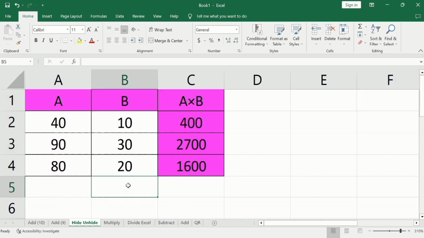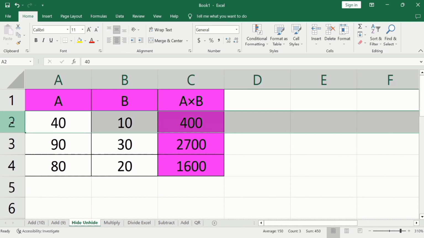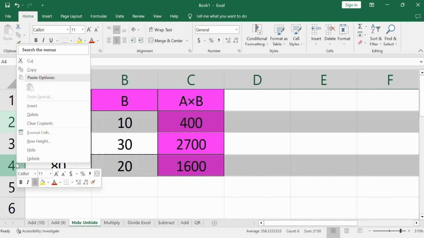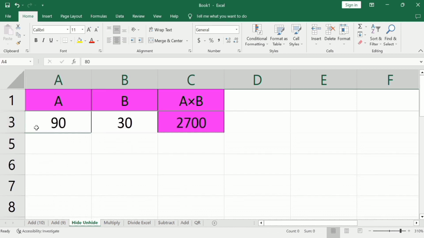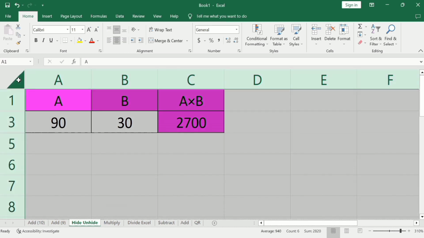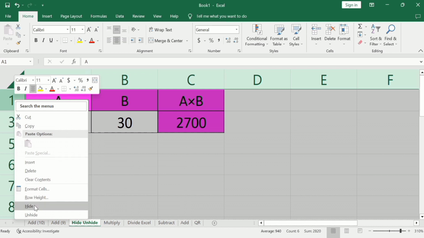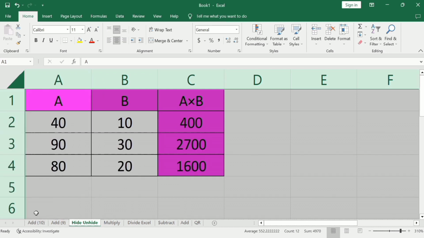Thirdly, if there are multiple rows which are hidden, how can you unhide them using one option? For example, row 2 and row 4 are missing. Now simply click here on the upper corner of Excel. The whole sheet will be selected. Now you can see here the whole sheet is selected. Now place your cursor on any row, right click and go to the Unhide option and all rows will be